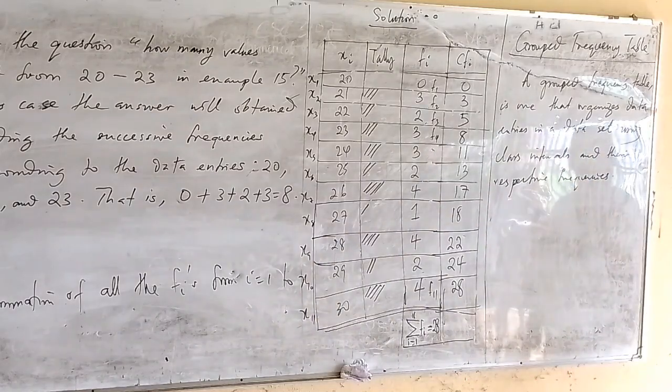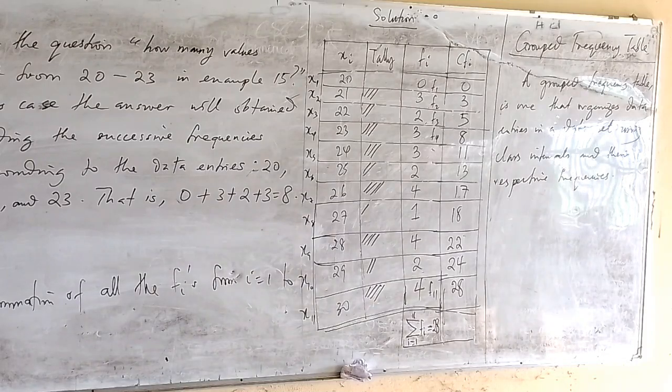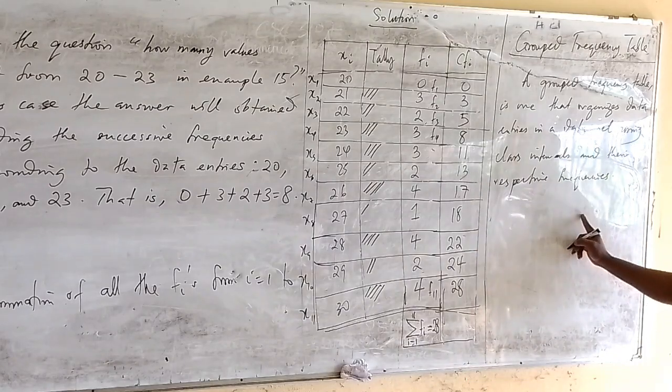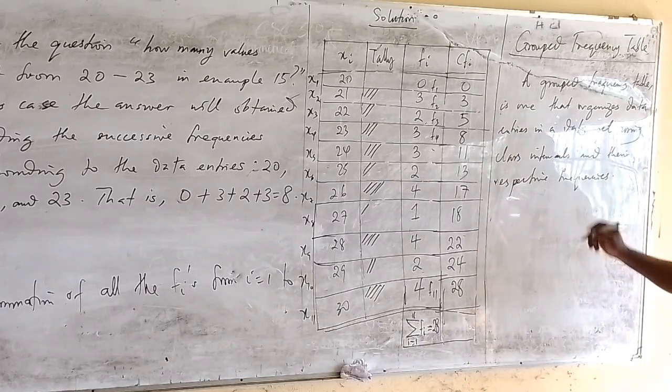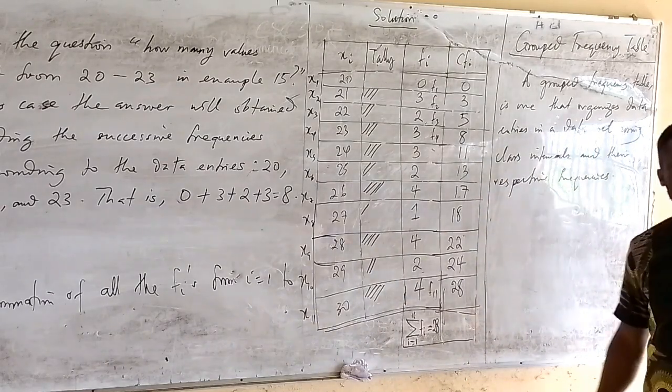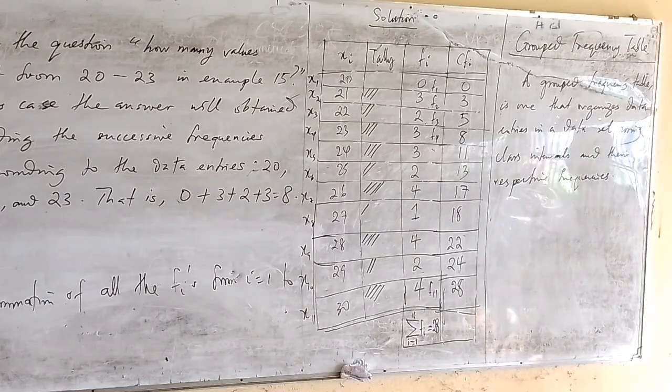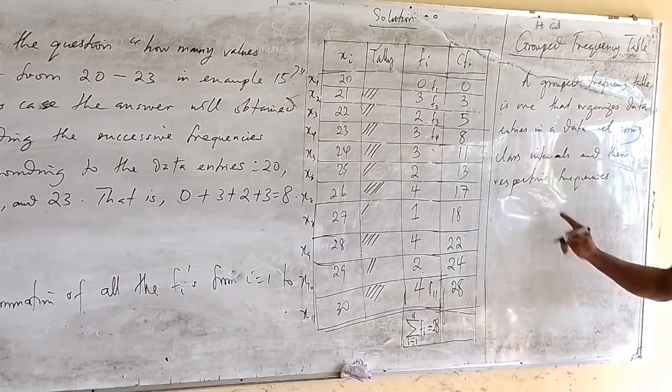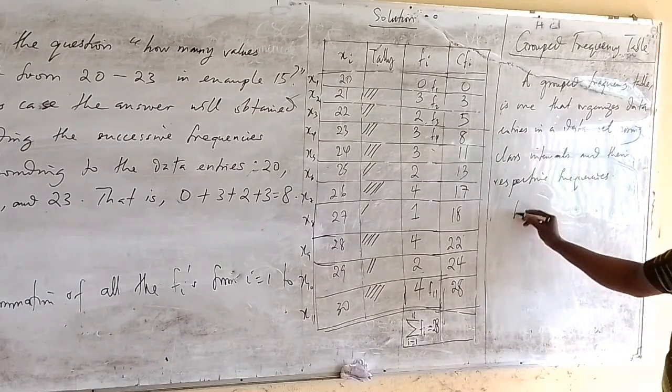So an ungrouped table was using data entries and their respective frequencies. Group will be using class intervals and their respective frequencies. So that is my first point. Next paragraph. You remember we said that in an ungrouped frequency table, frequency is interpreted as the number of times a particular data entry repeats itself. So we are going to make that remark here in my next paragraph, that in